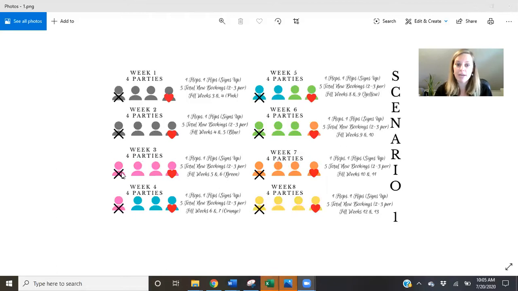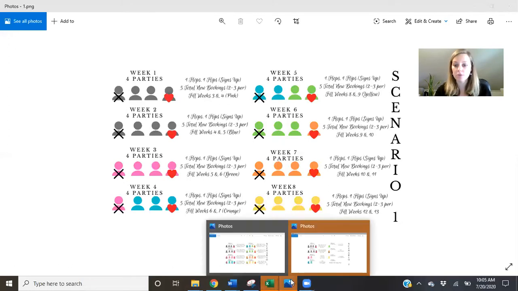Next, we have week 3. Okay, we have those parties that had already been booked. The same concept applies. One flops, one flips, 5 new bookings. Now we're generating new bookings forward, and so we have these green parties that are booked. And the same thing keeps happening every single week. This is based off of 5 total new bookings, 2 to 3 per party. You are going to keep booking your calendar and never run out of parties. And this is how you do it. You have to be focused on those 2 and 3 new bookings and stacking your calendar this way, where you're always trying to book the next available date open, okay?